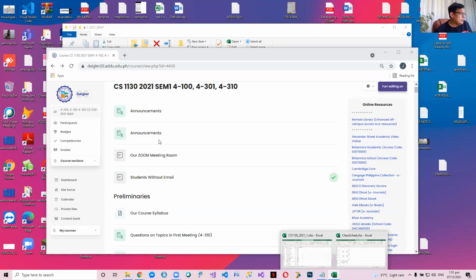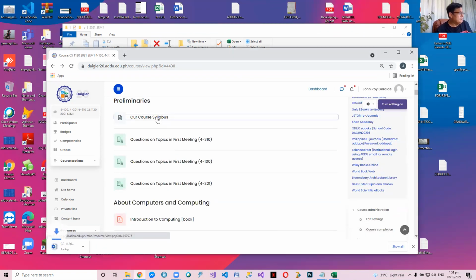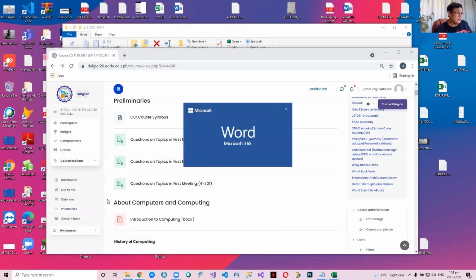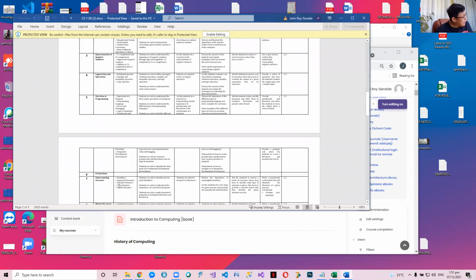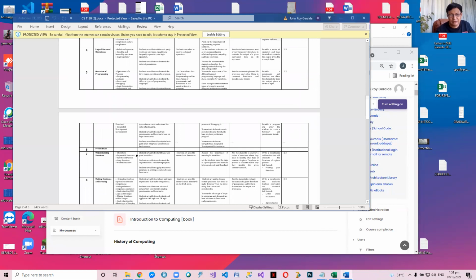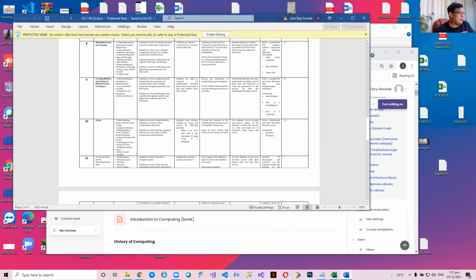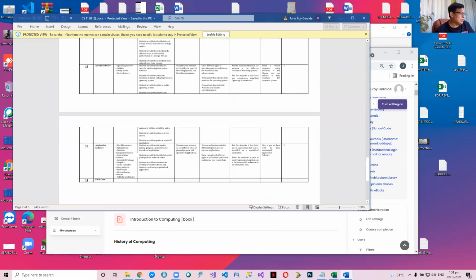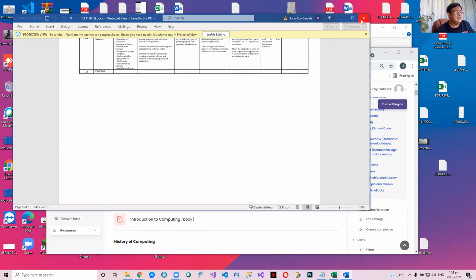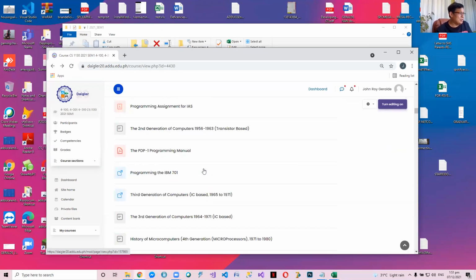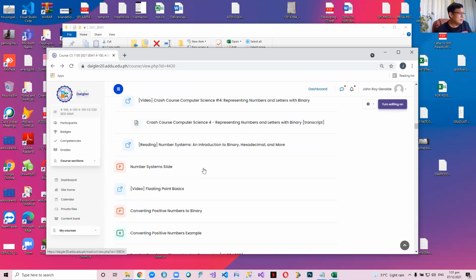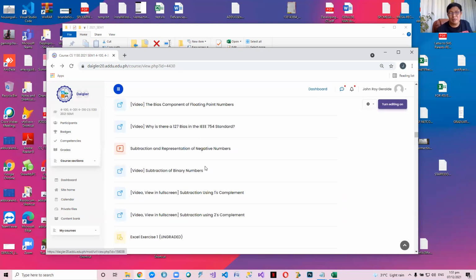Can you look at our syllabus also? It's here, no? You open this. So this is the topic coverage which we will cover. I'll be upgrading this. No, there are topics that I will mix and match, so this is just a guide. But the main topic sequence that we'll follow is the one in Dagler. And then I may still add more topics. Marami pa akong idadagdag na topics because this site is always undergoing upgrades.